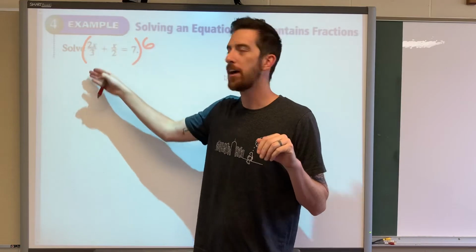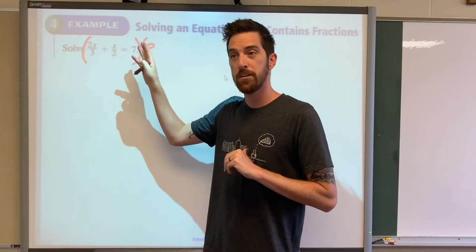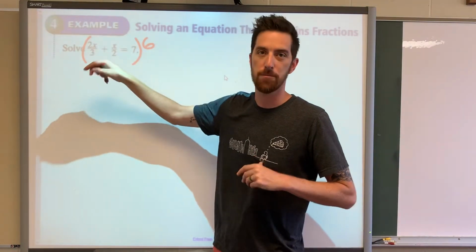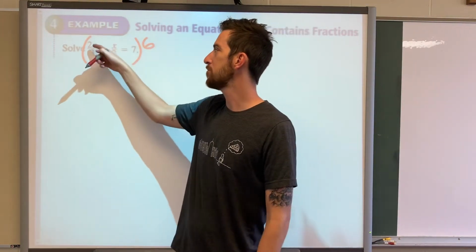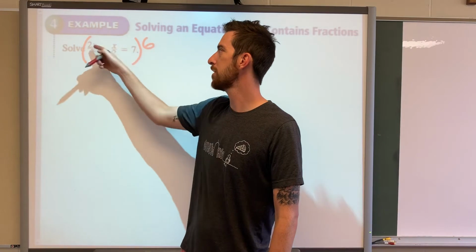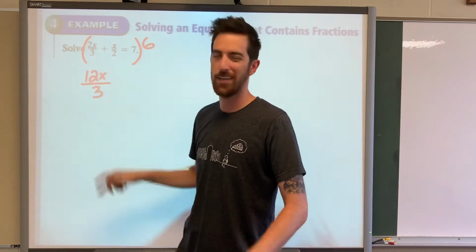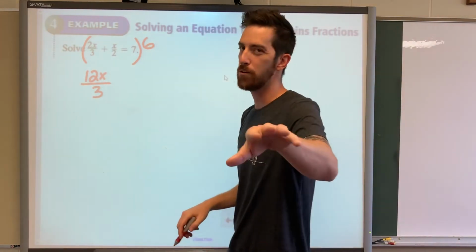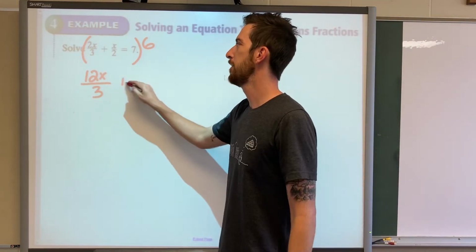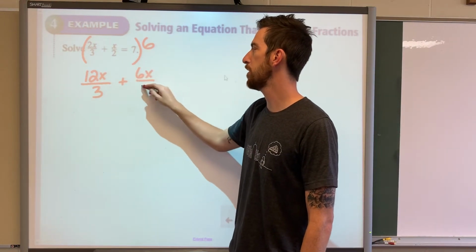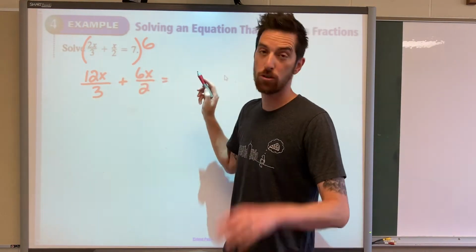When you multiply a fraction by a whole number, you're really multiplying the whole number times the numerator and then dividing by the bottom. So if I did 6 times 2x over 3, I'm really doing 6 times 2x, which is 12x, and then I'll divide by 3. And I'll do that on the next step. And we won't always write the step we're going to write here. Second one, 6 times x is 6x, and then we'll have to divide it by 2, equals, don't forget,